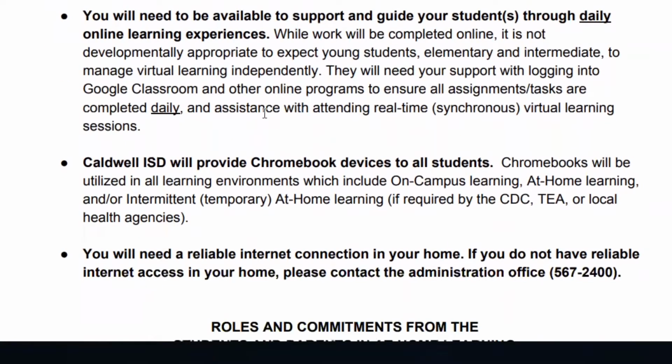The first thing is that you will need to be available to support and guide your students through daily online learning experiences. At-home learning is not designed for a student to be able to get on a computer and just have them work through the assignments alone. This is something that you will, as a parent, need to provide individualized support for.